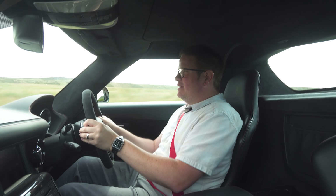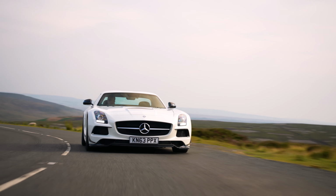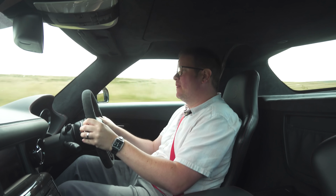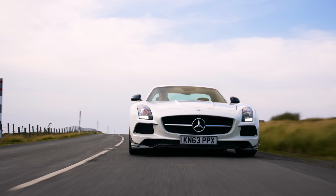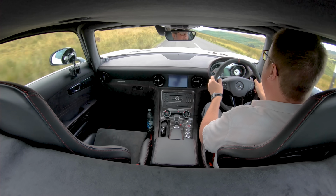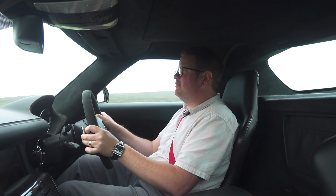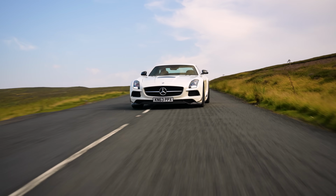It's amazingly good, this car, for something so big and heavy. It controls its mass really cleverly and it steers really nicely. It's got lovely balance, but it would be much better suited to a wider, smoother, faster flowing road. It isn't totally at home on this stretch of A road, I have to say, but there is a bit of a sense of just waiting for the road surface to level out and straighten up, and then downshifting,